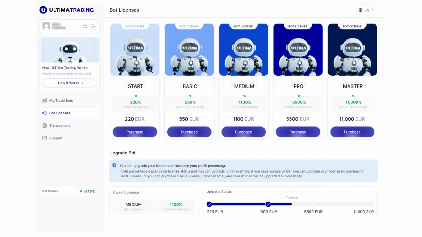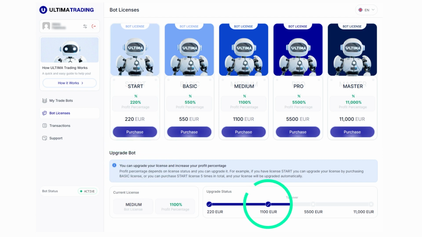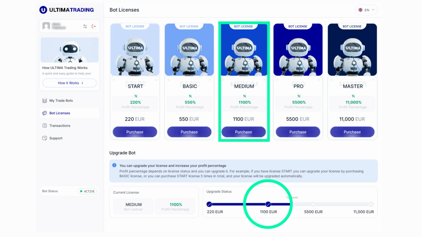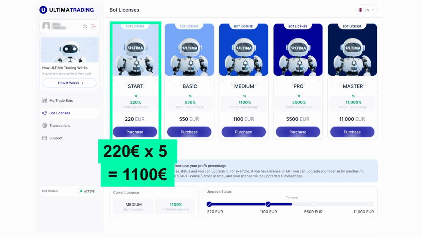Note that an upgrade to the 550 euro basic license is unavailable because the next turnover after 220 euros is 1,100 euros. Example: let's say you bought 4 licenses at 220 euros each. Your total turnover would be 880 euros, 220 times 4. To reach a turnover of 1,100 euros, you need to purchase another 220 euros license. Thus, to get the 1,100 euro medium license, you'd need either 5 licenses at 220 euros, start, or 2 licenses